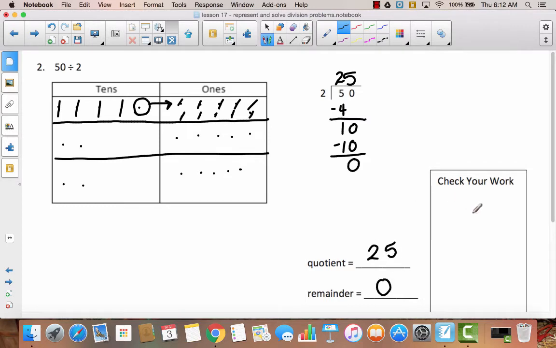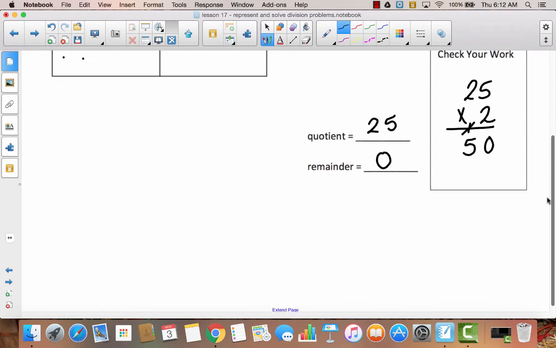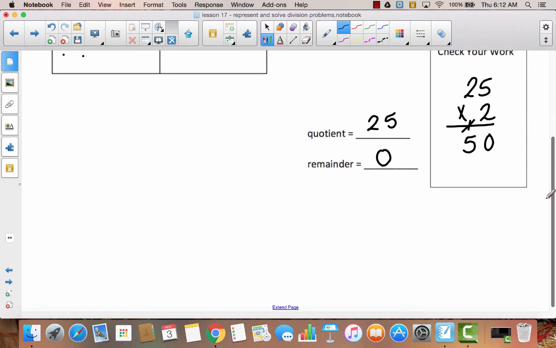So I'm going to check my work. My quotient was 25. I was dividing by 2, so this time I'm going to multiply by 2. And 5 times 2 is 10. 2 times 2 is 4, plus 1 is 5, so that gives me an answer of 50. 50 was my whole to begin with, and 50 divided by 2 is 25, which makes sense. If I had 50 cents and I divided it with two friends, each person would get 25 cents or a